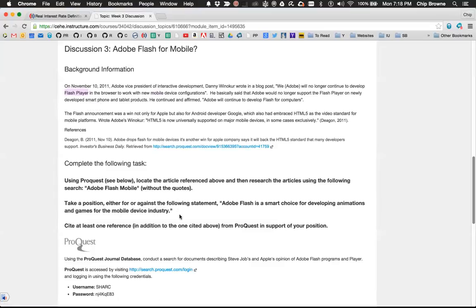Does that mean that they would no longer support anything that Flash created on a mobile device? Does that mean that they were going to give up completely with Flash, things that Flash created? Very good. You guys have really understood. Right, so they decided to instead